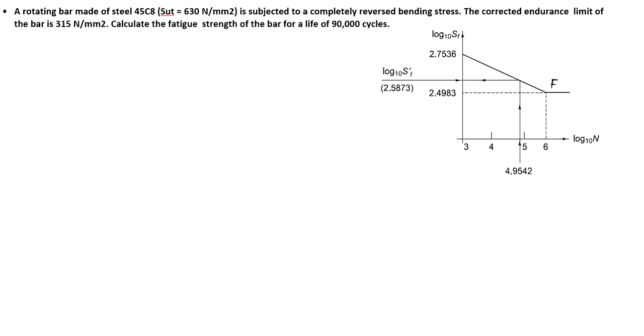Hello all. Today we will see a problem related to fluctuating load. This type of problem is always asked in university exams as well as in the GATE exam. In the problem statement, they have given a rotating bar made up of steel 45C8 having an ultimate tensile strength of 630 Newton per mm square, which is subjected to completely reversed bending stress. The corrected endurance limit of this bar is